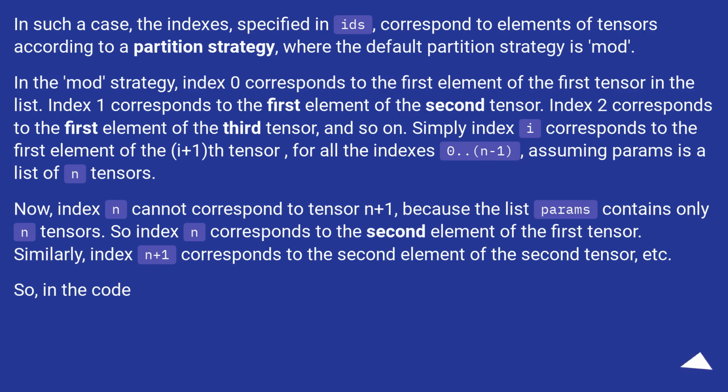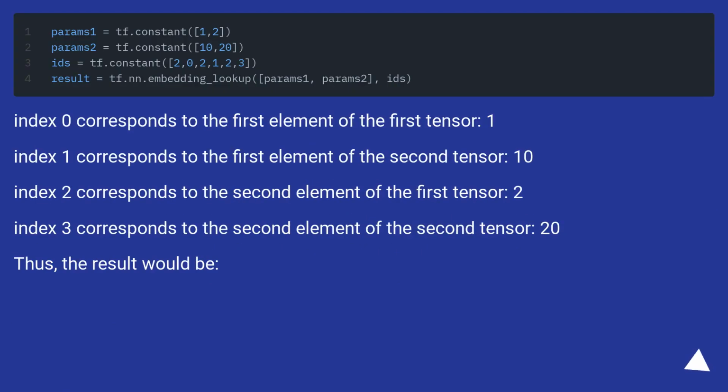So, in the code, index 0 corresponds to the first element of the first tensor, 1. Index 1 corresponds to the first element of the second tensor, 10. Index 2 corresponds to the second element of the first tensor, 2. Index 3 corresponds to the second element of the second tensor, 20. Thus, the result would be